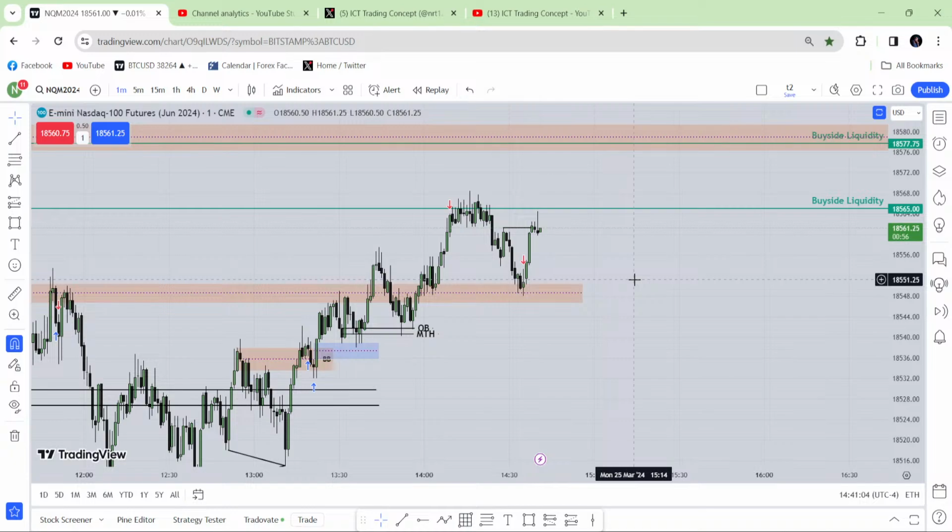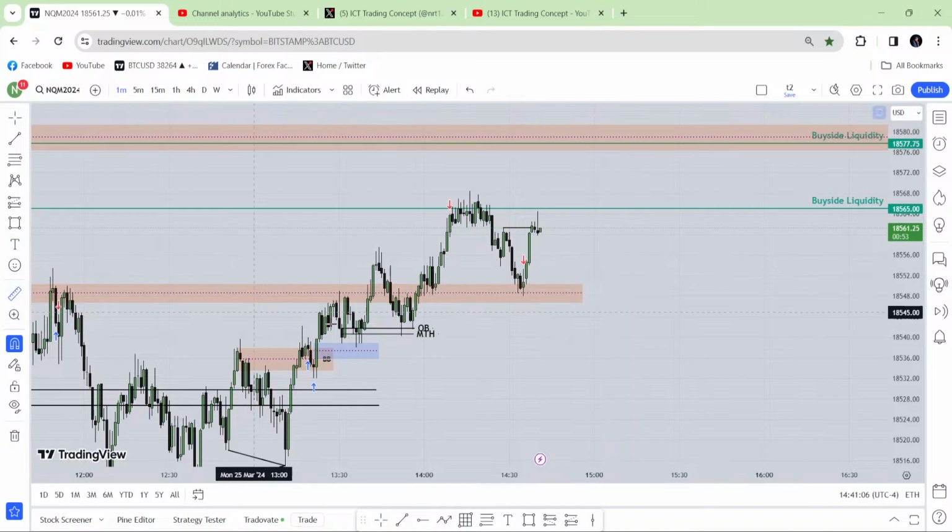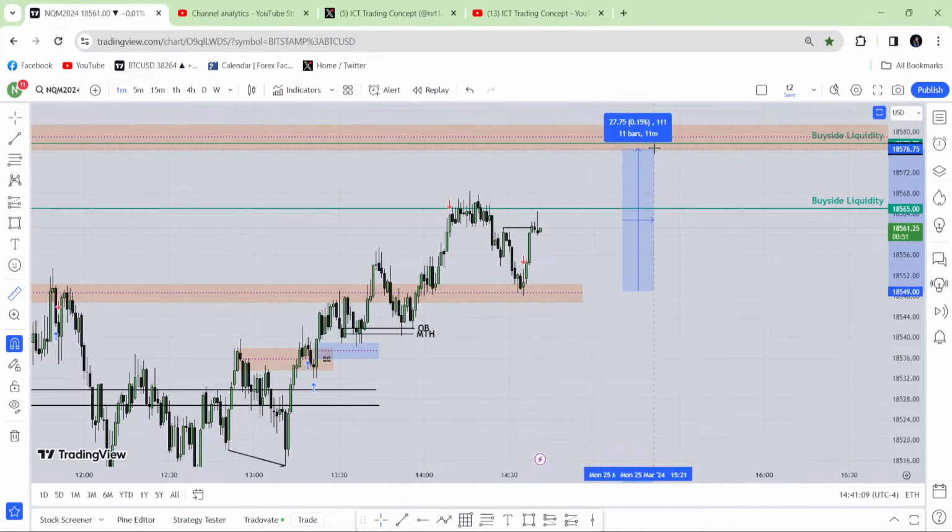So I have missed this profit. From here to here, Sujit is going to give me that 28 handles. That means $500, something like that. Sujit is going to pay me that. The reason is he knew that it's going to hit me, then go higher. He didn't tell me that.